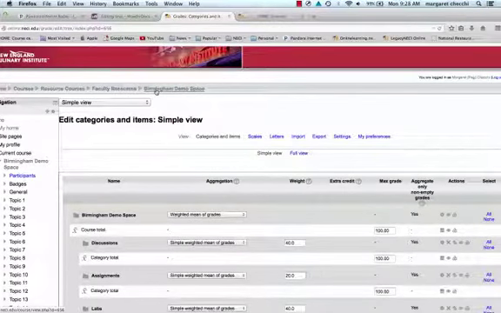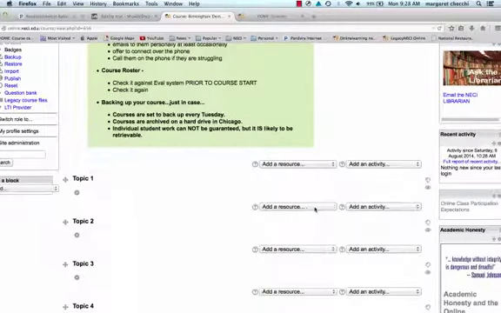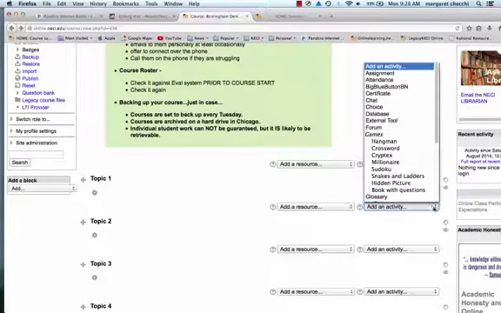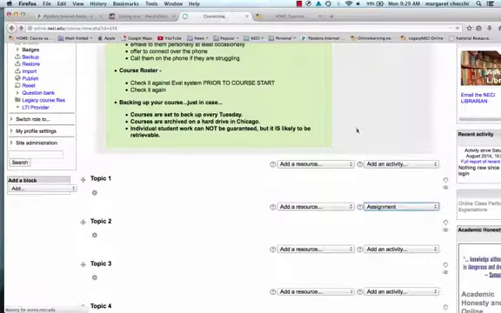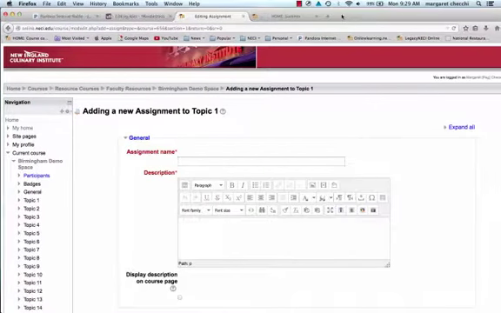Then we're going to go back ahead into the course demo space. And now you'll realize that when you add an activity, whatever that activity is, you give your assignment a name, do the directions here,